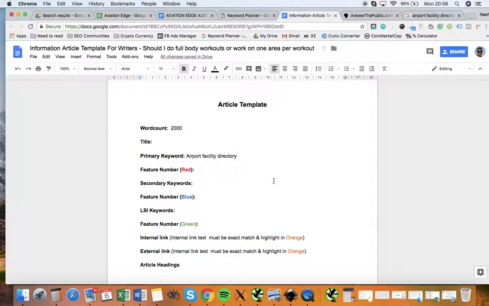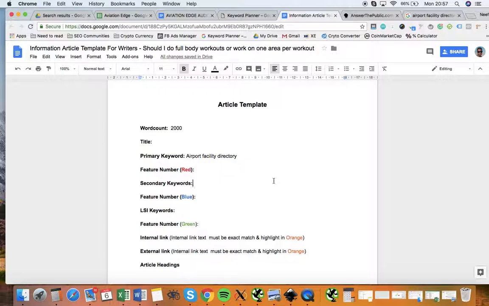Now, the secondary keyword is a different variation of the primary keyword, which we also want to rank for, which also has search volume. So we'll have a look for examples, but say for this one, airport facilities directory may have 2,500 searches a month. We want to find terms that mean exactly the same thing, but also have high search. So if somebody's not typing that particular term, we also want to rank for it as well. So Google, what they will do is they'll line it up